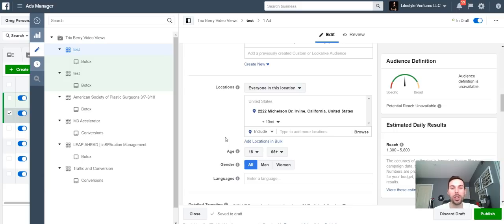And this is a way that you can hyper focus on a specific audience so that they see more of your content and then ultimately buy more of your products or services. And the way that we use this is using inclusions and exclusions. And I'm going to show you exactly what that means. But think of it this way. You're able to hyper focus down to a very, very small area